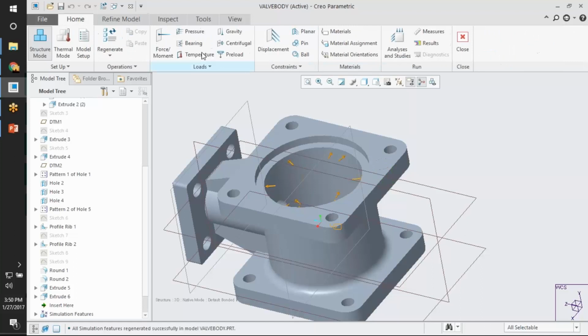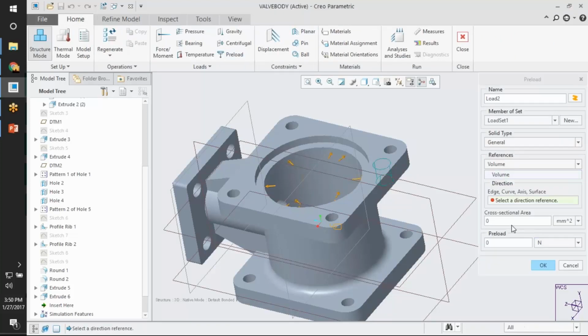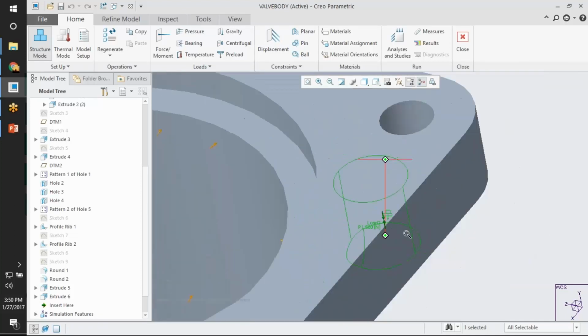Suppose I want to apply a preload in that volume, so this is my cross section. For example, it is some 1200, and what is the load? So the preload has been applied over here,